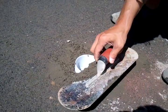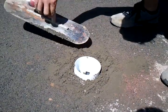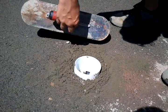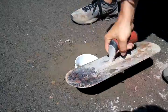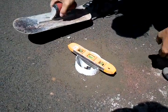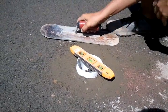And you see my concrete is almost like sand, and what this does is it keeps it from sticking to your trowel, which is a nightmare. Very easy. And then once you get your cup pretty close to right,